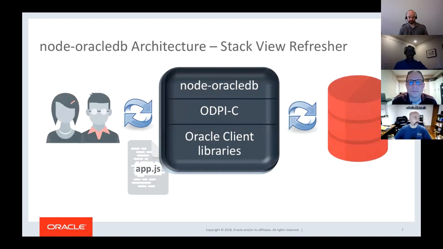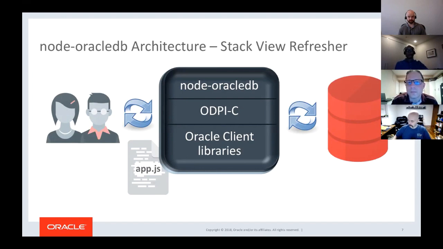So we ran through this last month, but this is just the basic stack that we have here for node-oracledb, just to remind people of the various layers of the code and where the changes come in. I will talk about one thing before we throw over to Dan, and that is that we are working on node-oracledb version 4. We are calling it 4 because we're changing the layer of the underlying API to talk to Node.js. We're going to swap to something they call N-API, which is now a generic layer in Node.js for binary drivers like ours.